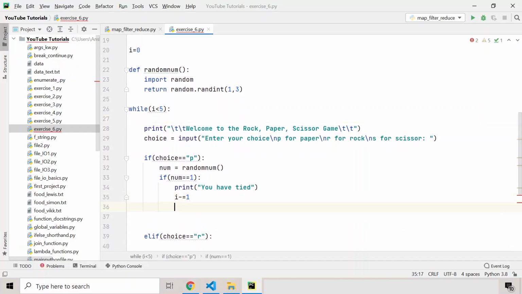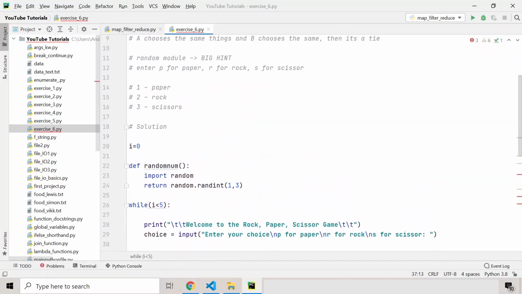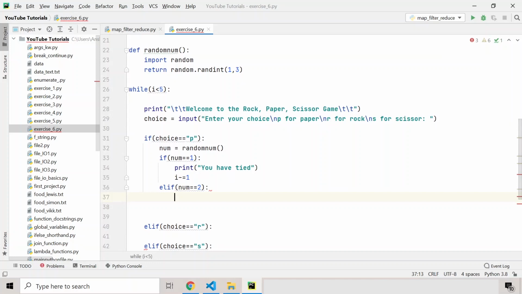So after this I'm going to make an elif statement, and I'm going to write if num is equal to 2, that is if the program has chosen rock, then what the program should do is print that the user has won because paper beats rock. So I'm going to write you have won,